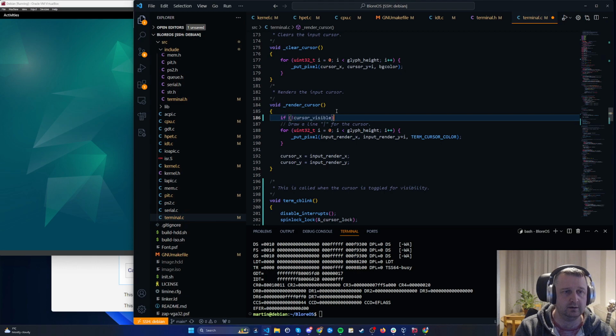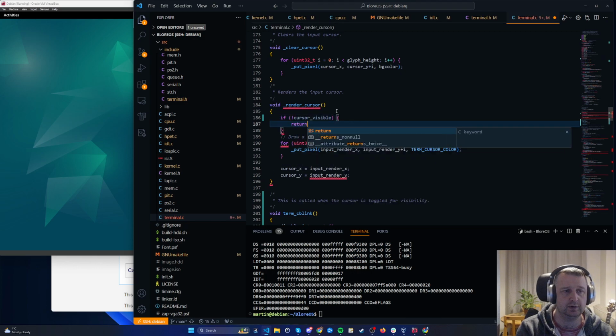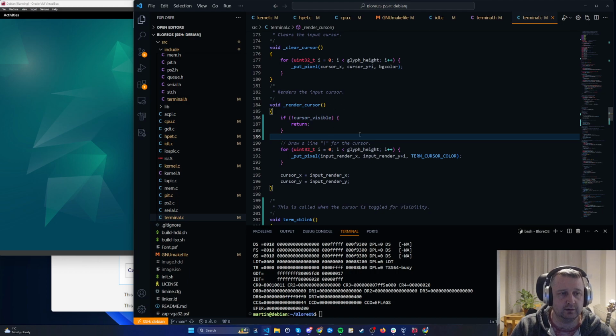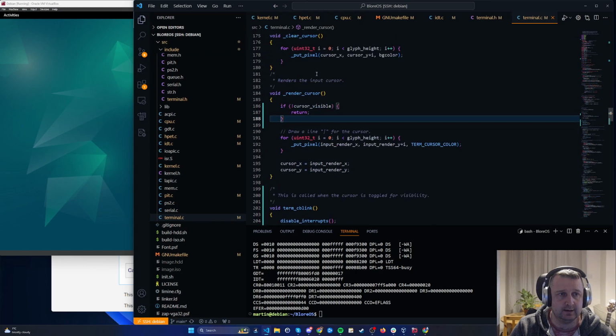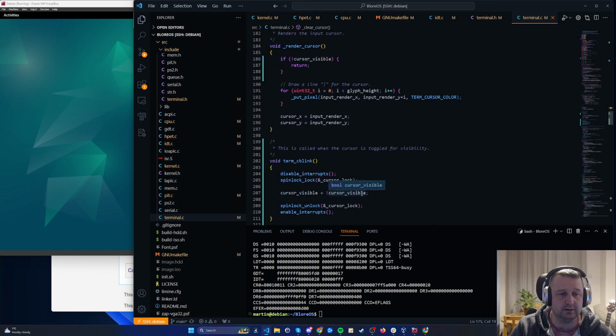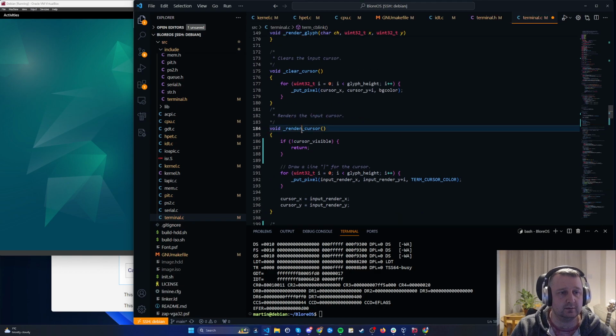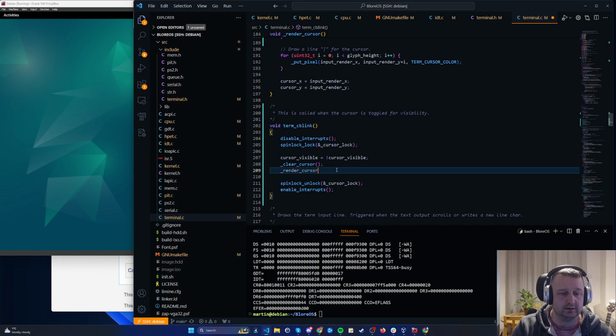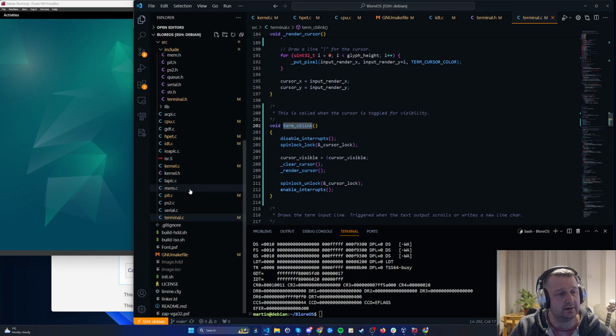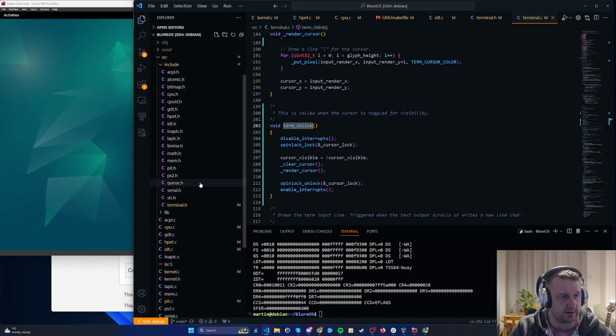If we're not true, then we don't render. So we'll clear the cursor and we'll render it with it flipped. And then the timer itself, which is set up inside of HPET,